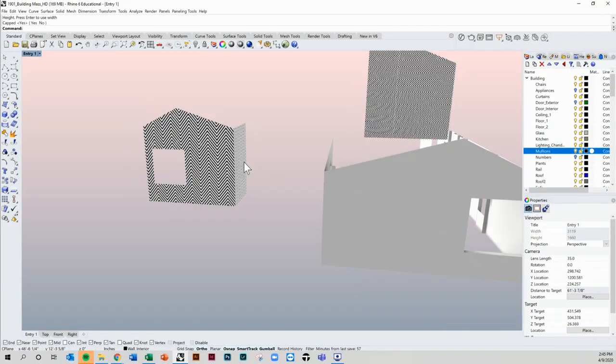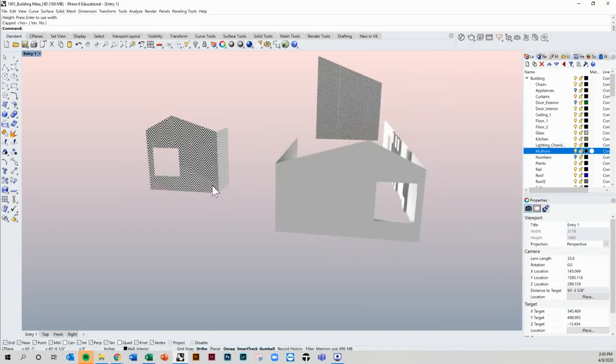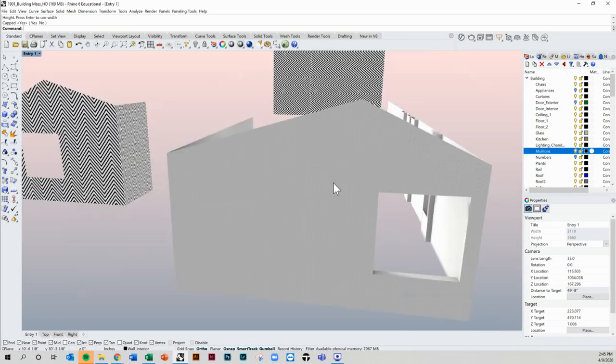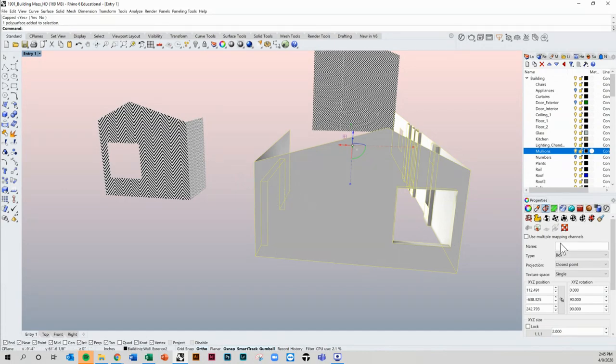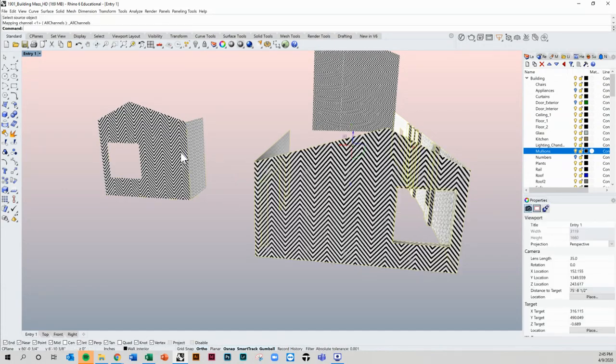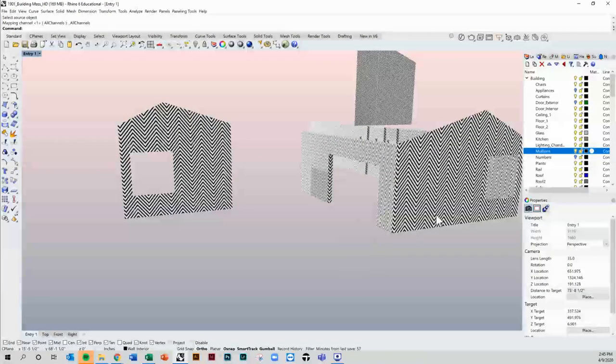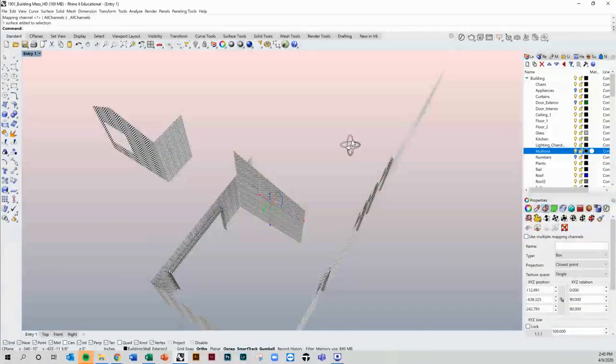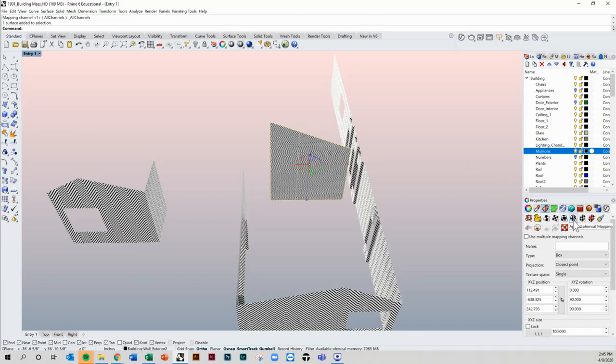Now I like the scale of this, and I want to make the scale of this show up over here because I don't know what happened, but I lost the scale. So I should be able to click here, do match, select over here, and now I can get them to match, no problem. And let's see, I'm going to do box mapping for this as well. Apply box,